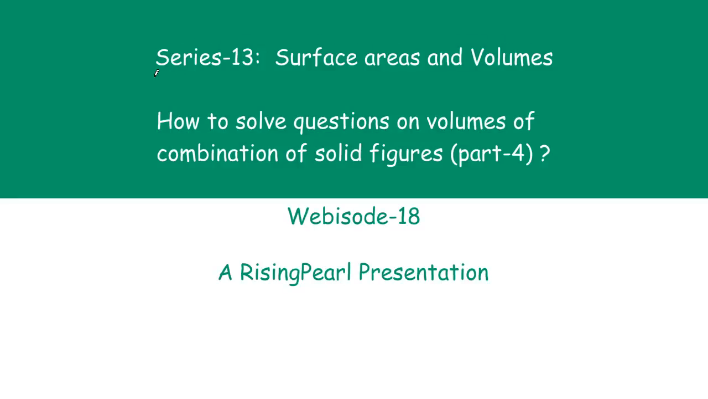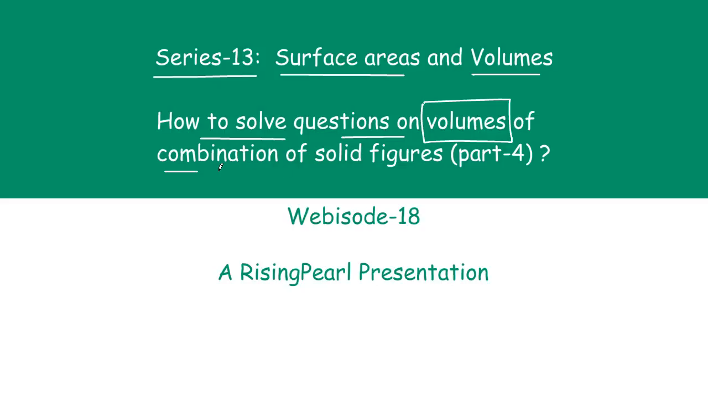Today we are talking about series 13, where we are learning a great deal on surface areas and volumes. This is webisode number 18, and friends, we are going to continue to find out how to solve questions that involve calculating the volume of a combination of solid figures. This is part 4. In the last few episodes we have talked about parts 1, 2, 3, where we have looked at how to solve these questions, and we are trying out more and more complex and difficult questions